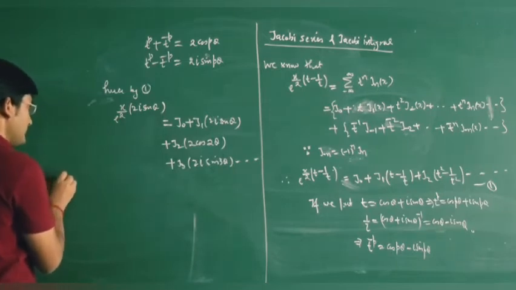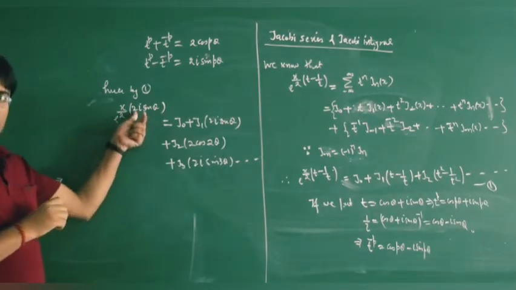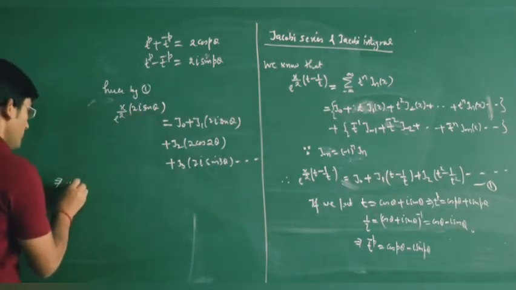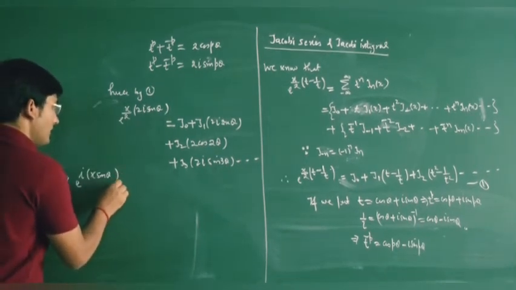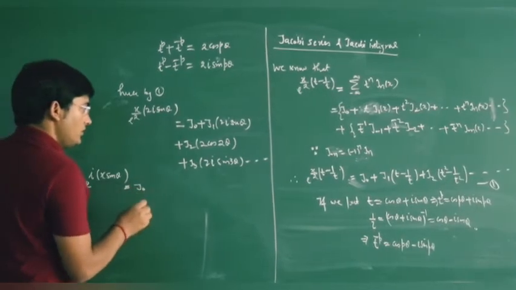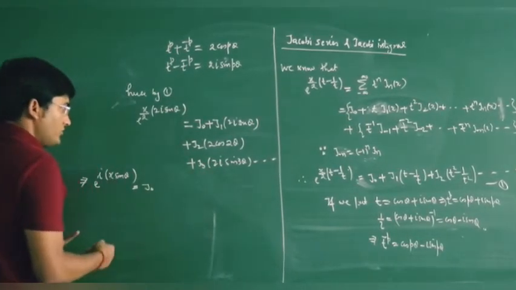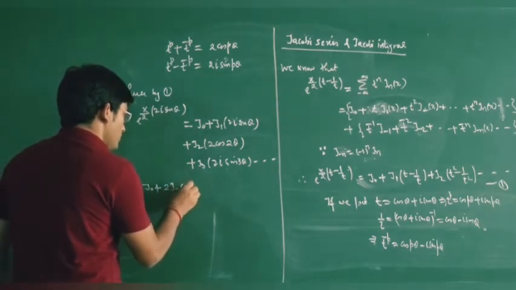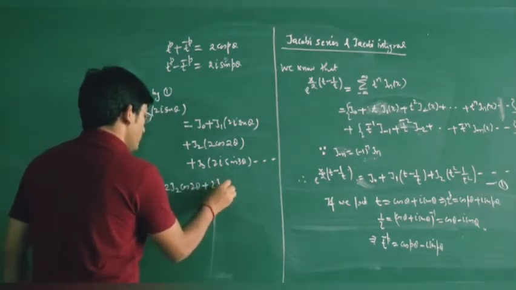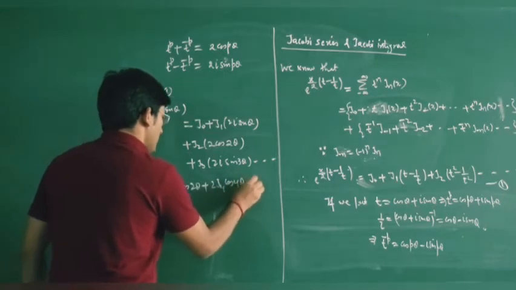Now this left hand side is equal to, this 2 and this 2 will get cancelled, so this is your e to power i theta. So we have e to power i x sin theta, and your right hand side is equal to J0. Then we have the real terms. So this is your J0 plus 2J2 cos 2 theta. Your next term will be 2J4 cos 4 theta, and so on.